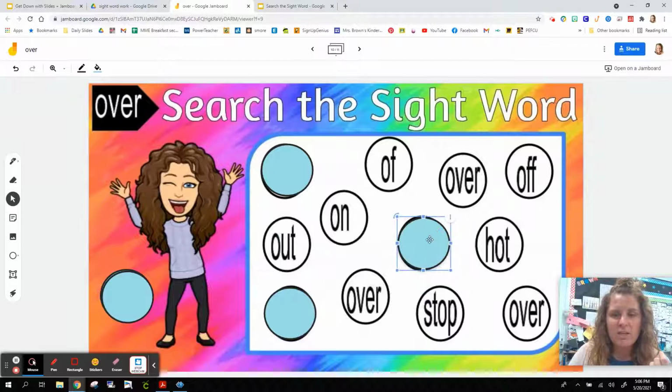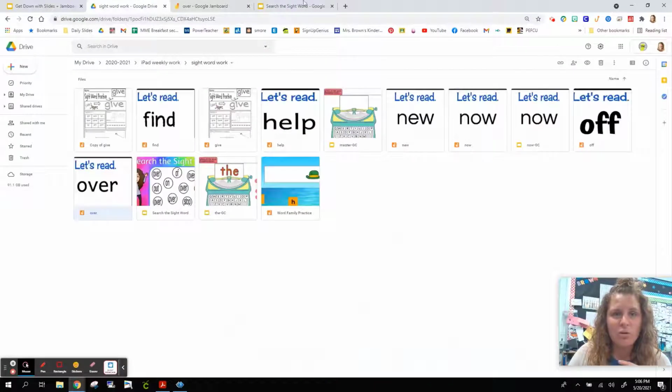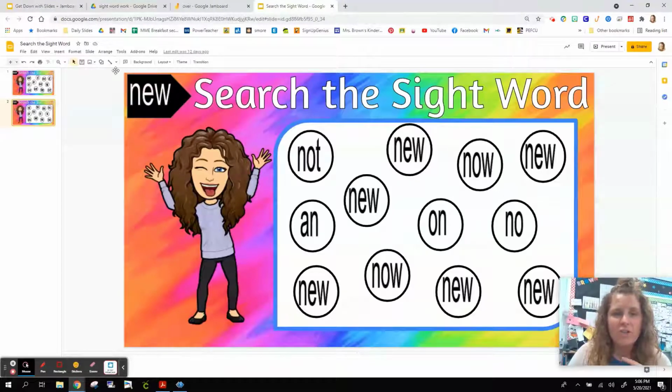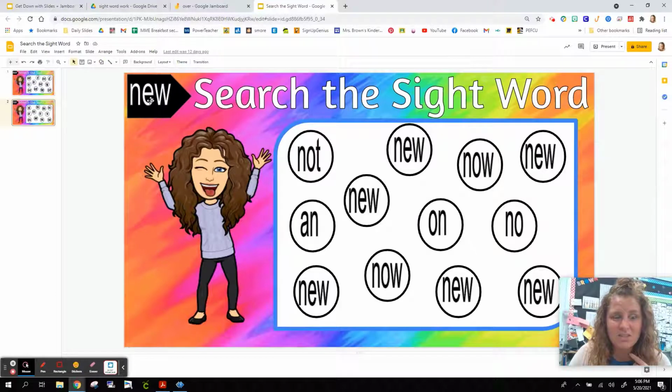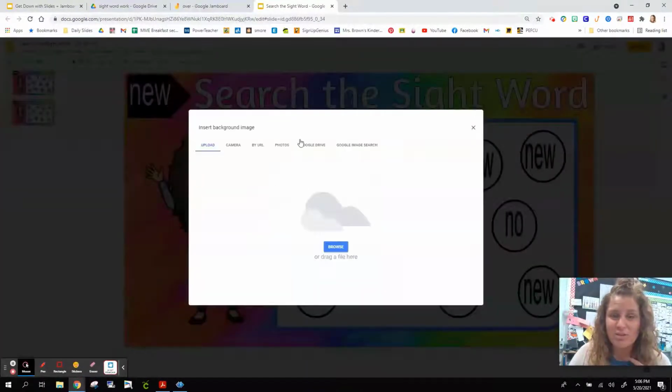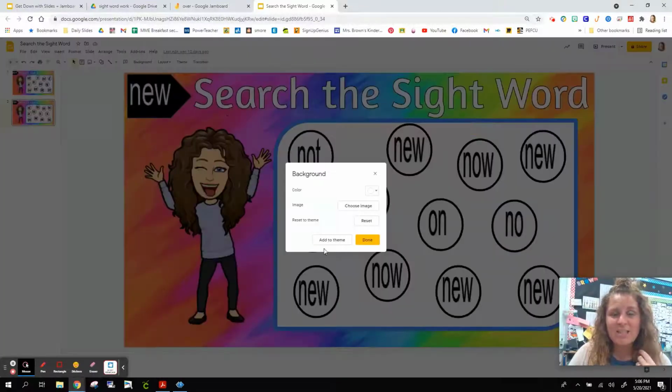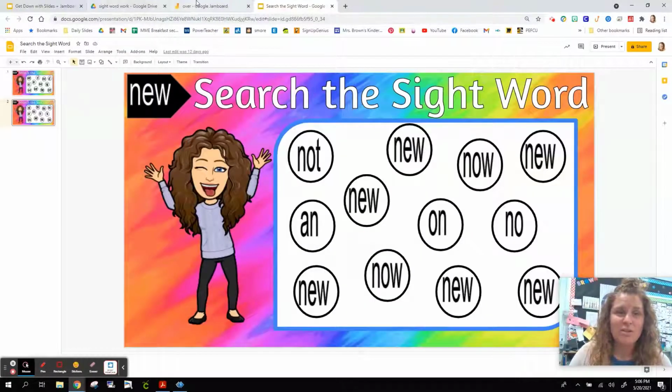So that was something very simple to create using images in Google. Here, I just used the Google Shapes to create most of this, and I used the background option, the choose an image background, and then saved it all as an image and